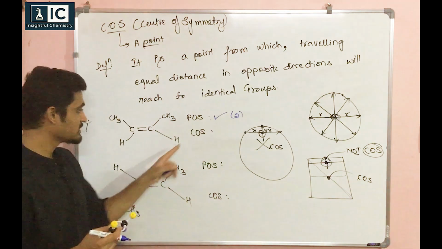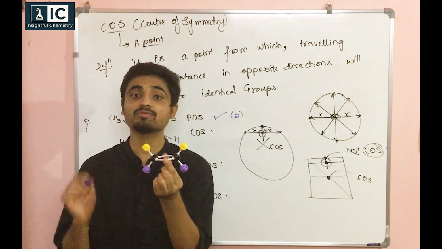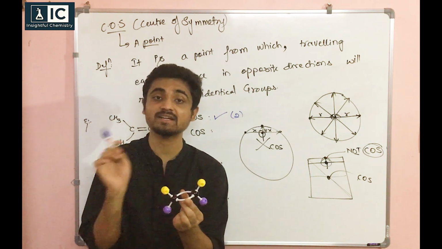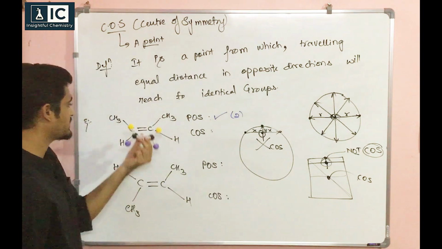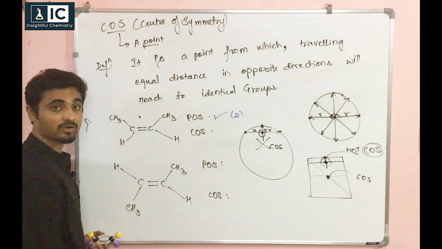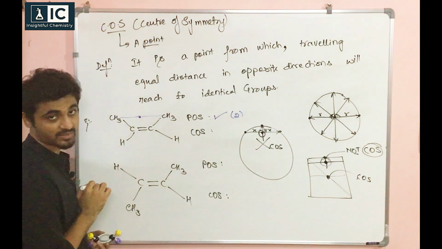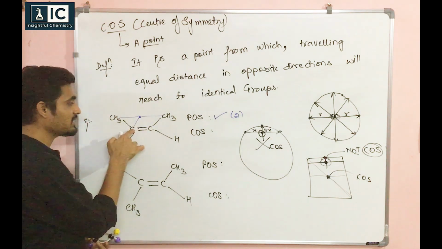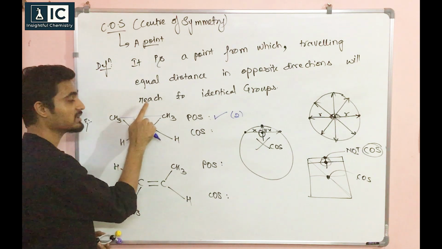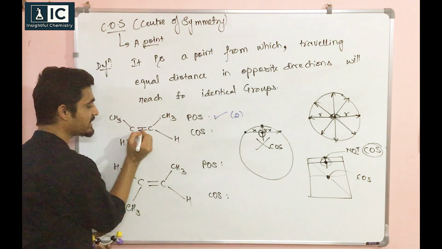Okay, now you see center of symmetry. So center of symmetry meaning what? You look, I have to find a point such that going from that point in opposite directions I should get the same group. Fine. So it's better we look here only. Now if I take this as my center of symmetry point, I'll go right side, I'll get CH3, left side CH3. This diagonal carbon, but here no carbon. So this is not my center of symmetry. So I'll remove it.